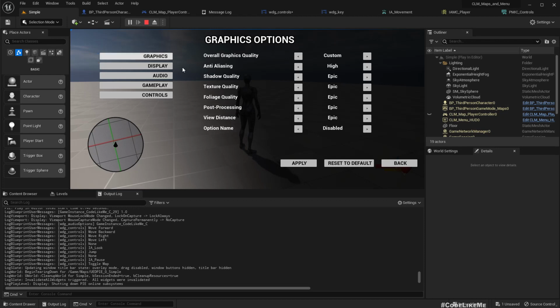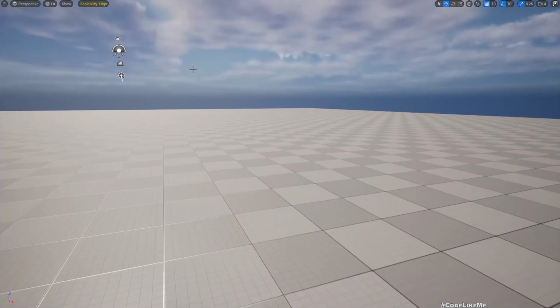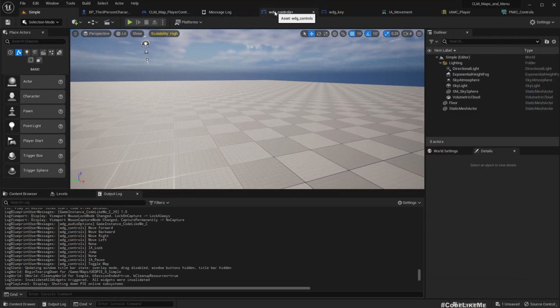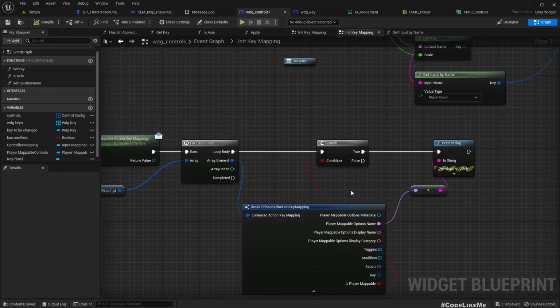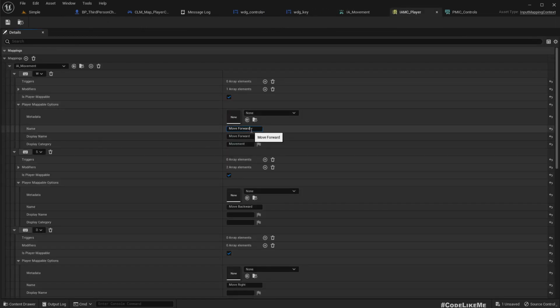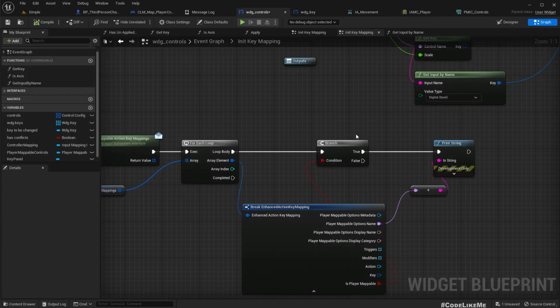Right, jump, move right, move left. Okay, all there. Awesome. So as the name suggests, what we get is this: move forward, move right, that. Okay, and now